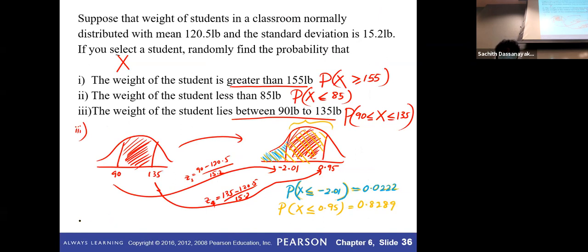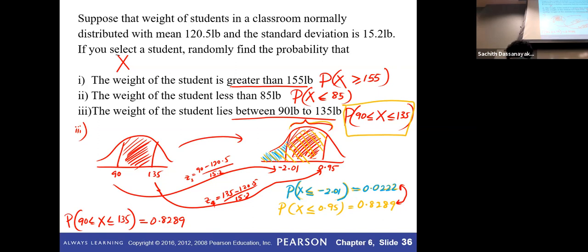Right. So now you can find the probability of what you need. Let me change the color again. So now you need to find the probability of 90 less than or equal to capital X less than or equal to 135. This is the difference between these two, the area difference. So max minus min. The area probability value is a positive value, between 0 and 1.